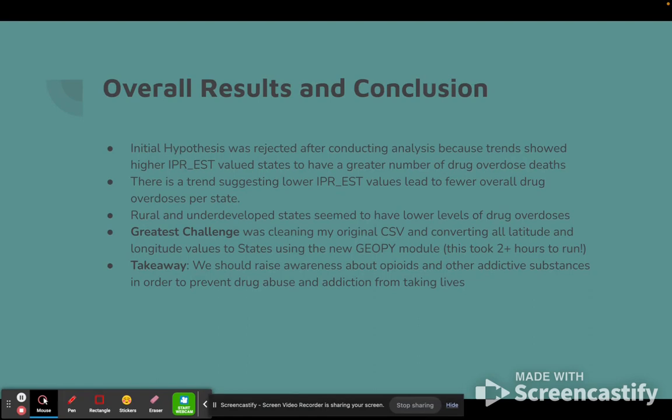Rural and underdeveloped states seem to have lower levels of drug overdoses, and my greatest challenge was cleaning my original CSV and converting all latitude and longitude values to states using the new GeoPy module, which took 2+ hours to run. My takeaway is that we should